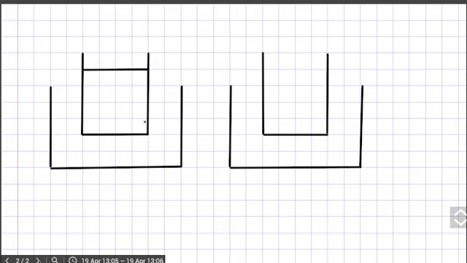Here this is your cylinder in which you have this piston, and over that piston you will put weight, so that desired pressure can be created. Suppose the pressure this weight creates is P1, and for isothermal process you need to keep your cylinder at constant temperature. That is the main condition.